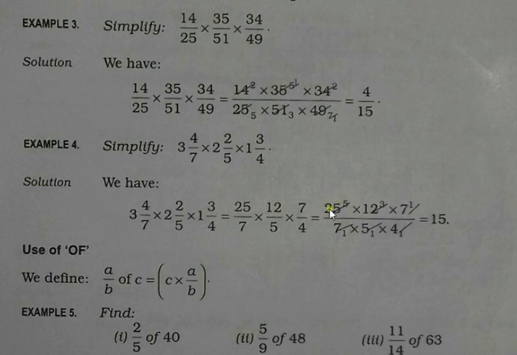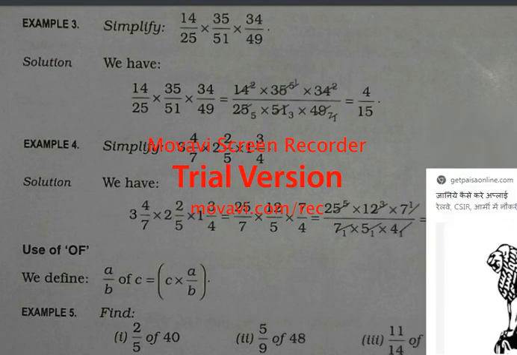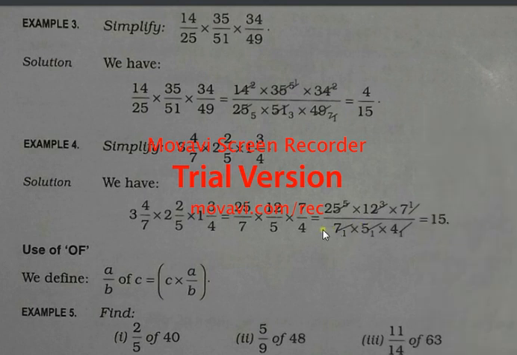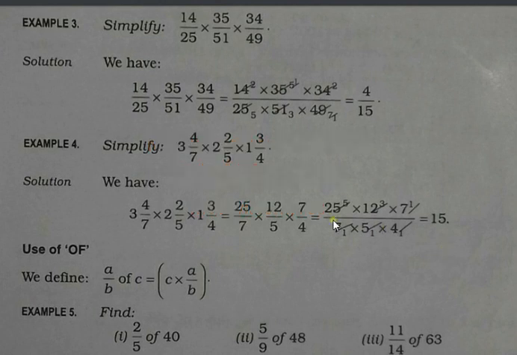What happened? All numerators are multiplied: you can see 25 into 12 into 7 at the top, and denominators are also multiplied: here 7 into 5 into 4, and it has been cancelled. 5 5s are 25 and 5. In the same way, 4 3s are 12 and 3, and then 7 7 got cancelled, so it is 15. At the top, what is left? After cancelling, there is 1 and 1 below, and at the top there is 5 and 3. So 5 3s are 15. Nothing below means there is 1, and 1 no need to write. I hope you all are understanding it.